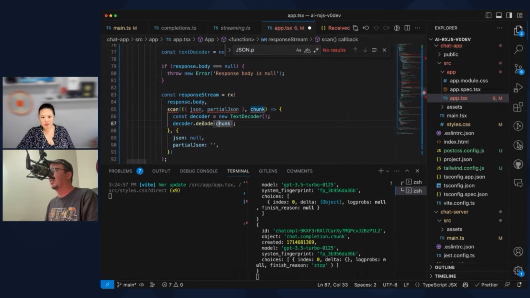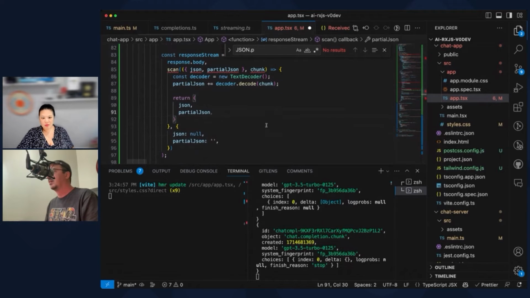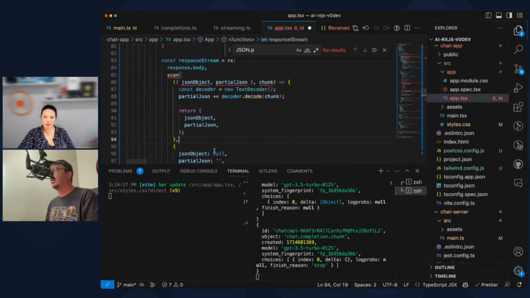I'll look into that streaming feature later. It's probably going to be helpful. Partial JSON plus equals this. And then we're going to return JSON and partial JSON. And basically, it's not an object. Null is not going to be a thing.